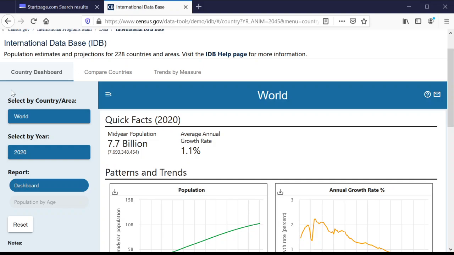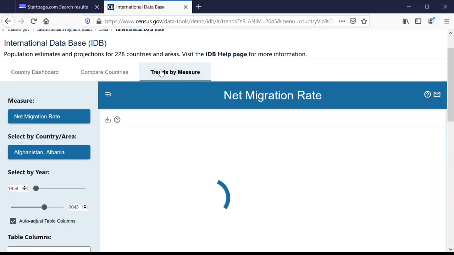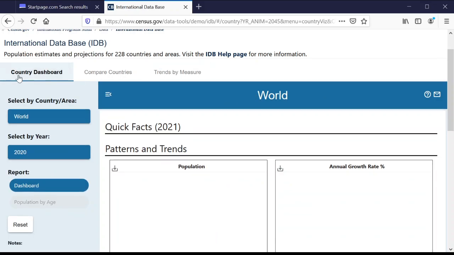So the CensusIDB website is basically separated into three distinct parts. The country dashboard allows you to look individually at a given country or a world region, and it'll show you things like the age structure and certain measures like population growth. Compare countries allows you to look simultaneously at multiple countries at the same time. And then trends by measure allows you to look over time at a particular measure. So let's start with the country dashboard and look at how